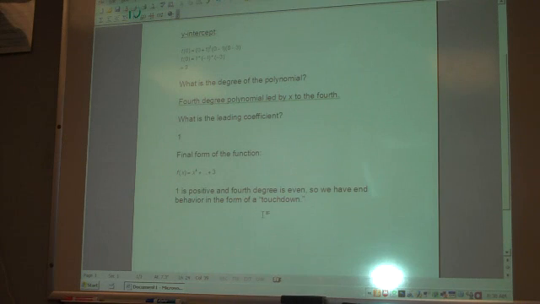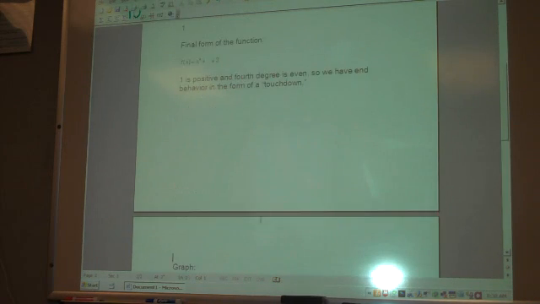Okay. All right. So now, the graph itself. And the graph I'm going to put on the next page because